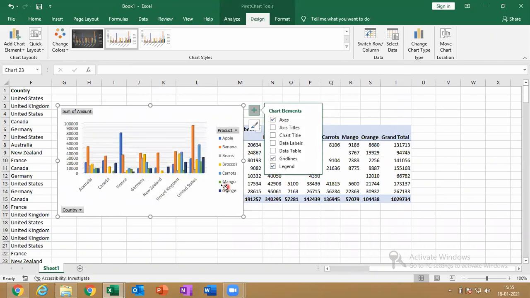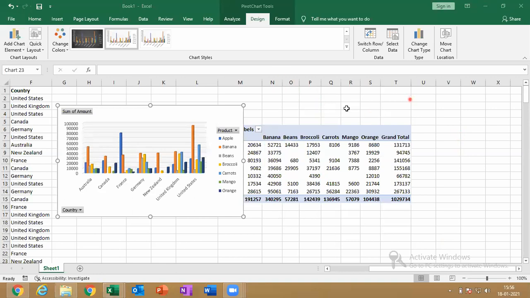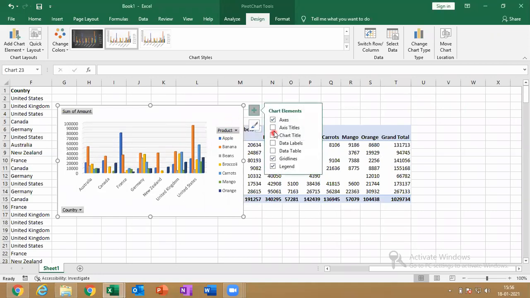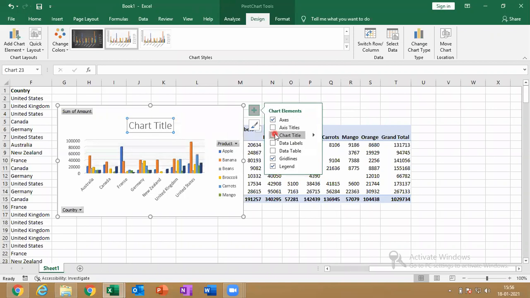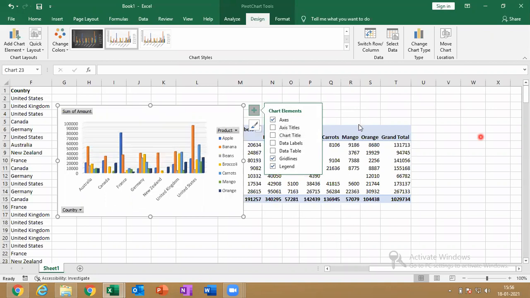See, x-axis and y-axis. Okay, I'm in a little confusion whether we have done all these things already. Can you tell me whether we have done this particular thing already or not? Vedant, Susmita, Chandana, anyone answer me please? It's just a confirmation whether we have done this already. Okay, good.